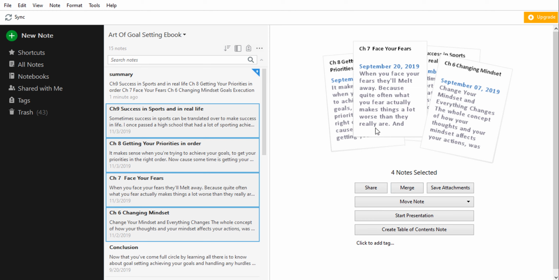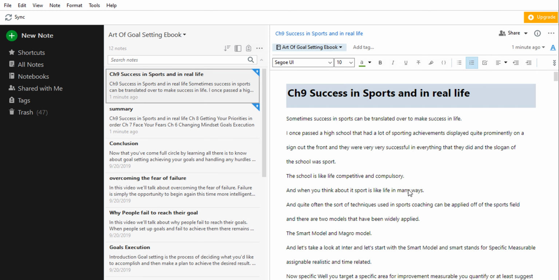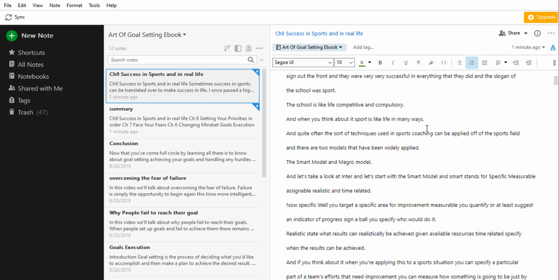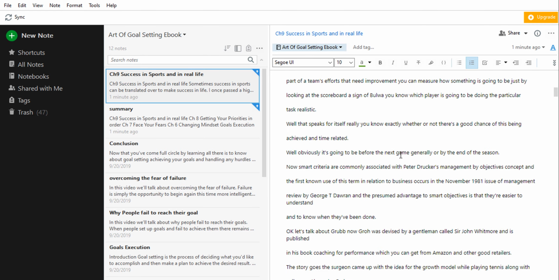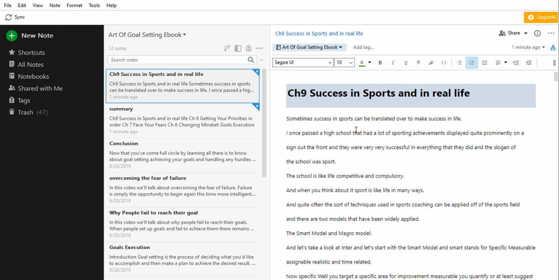This will merge all these selected notes and create a new note like this. Now you can see that it has the header here that will give you the name of the notes, as you can see. Along with that, you can see the name of the author who created that note. The best option here, you can see that it still has a beautiful separation between the notes.